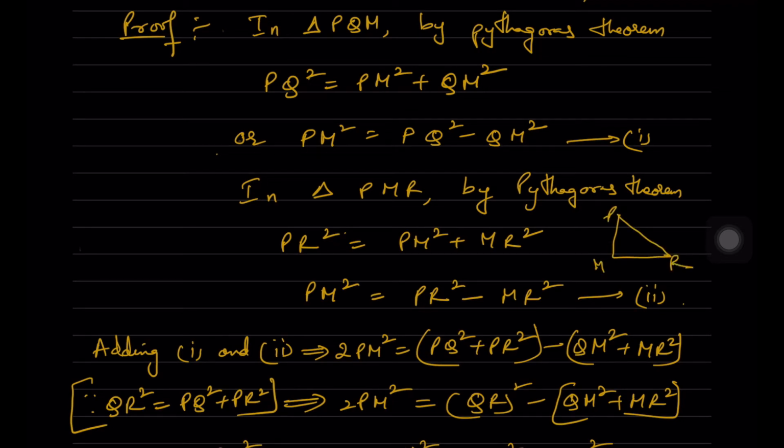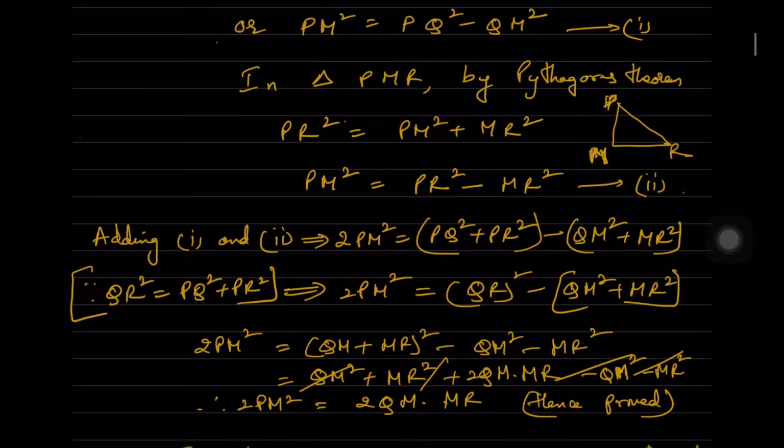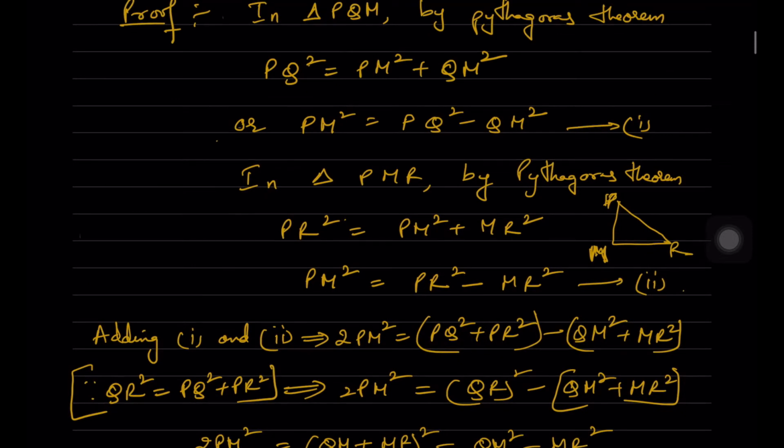You can see from this triangle that PR square is equal to PM square plus MR square. Or you can write it as, if you subtract MR square on both sides, PM square is equal to PR square minus MR square. Now adding 1 and 2, you are adding PM square plus PM square, it is 2PM